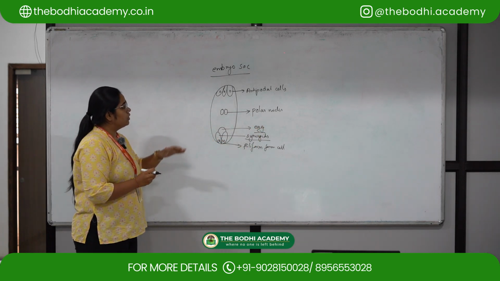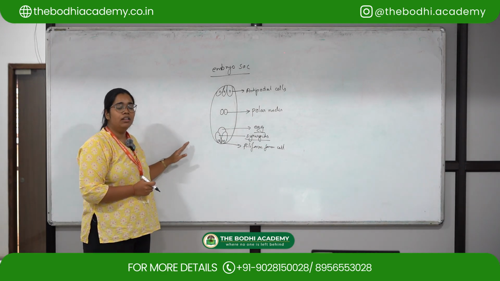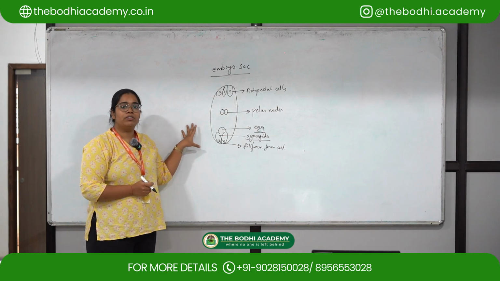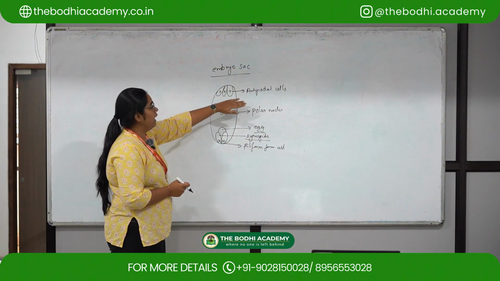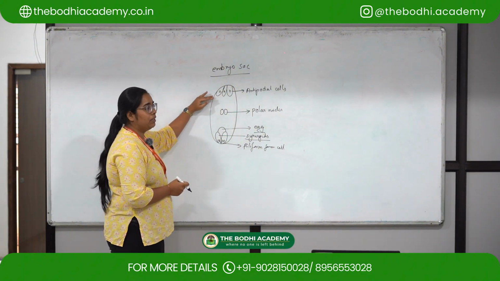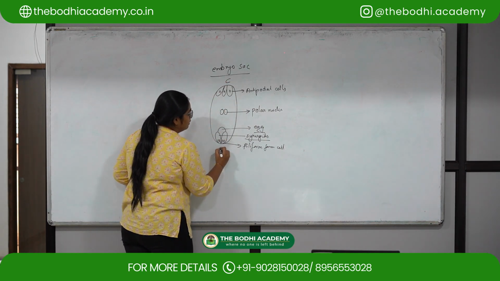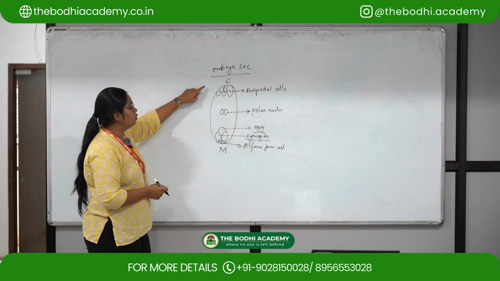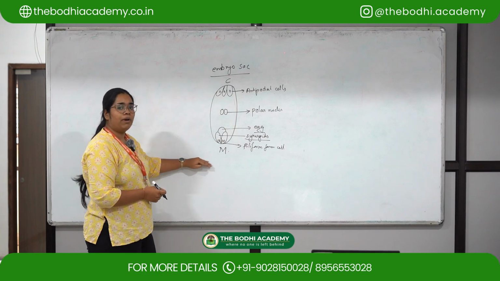So this is the structure of a typical embryo sac in angiosperms. It is present inside the ovule, wherein the process of fertilization happens. So the different regions are the antipodal cells. So there are 3 antipodal cells. This is at the chalazal end, and this is at the micropylar end of the ovule. So the ovule has two parts, that is the chalazal end and the micropylar end.